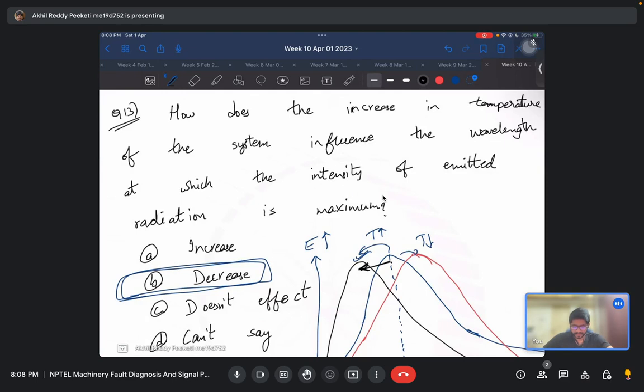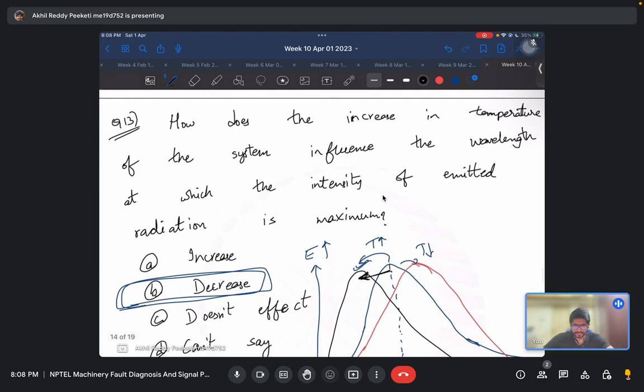How does the increase in temperature of the system influence the wavelength at which the intensity of emitted radiation is maximum? When the temperature of the system increases, the wavelength at which the maximum energy is emitted decreases, because X-rays are more energetic than visible light, which is more energetic than infrared. So with more and more temperature, the wavelength shifts towards the